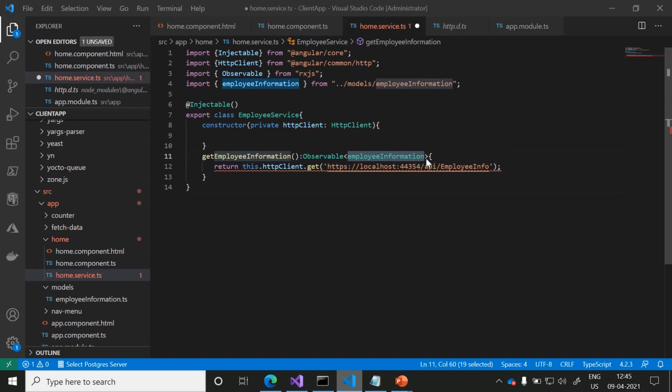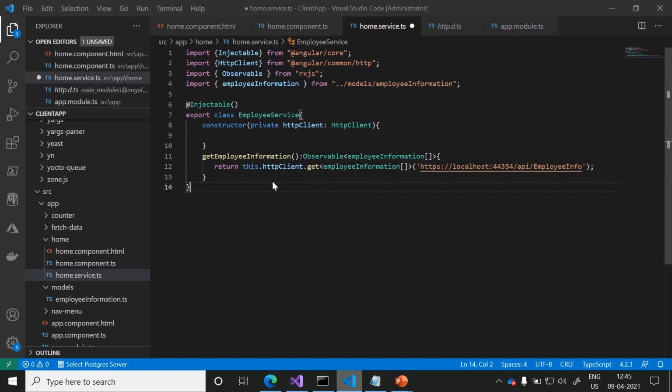It is going to return a list of information, nothing but an array of objects. We need to typecast it with the return type so that it casts automatically. Now getEmployeeInformation will return the list of employees information.